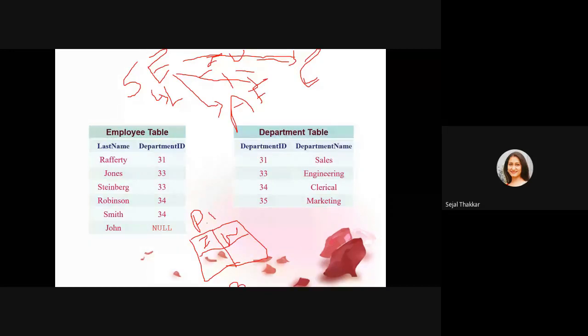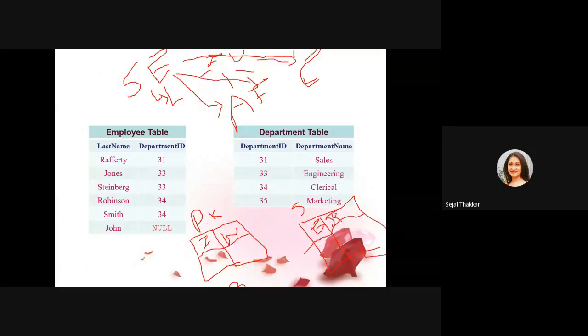And the student table has a primary key, student enrollment number, which is unique for the student. There are other fields also, but I'm discussing the primary key. That's why I'm not taking too many fields. And this is the field of student name. Student name and student enrollment number, two columns are there. And student enrollment number is the primary key for this table, right?